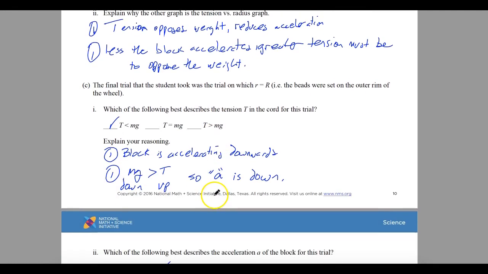The final trial that the student took was where r is equal to R, so the beads are set really just on the outer rim. So they want to know which describes the tension in the cord for this trial. So the tension here has got to be less than the weight of the block. The block is accelerating downwards, so because that block is accelerating downwards, your mg has got to be greater than the tension. So your mg down has got to be greater than the tension up, so your acceleration can be